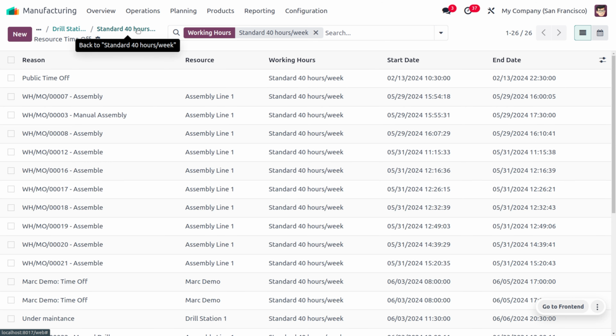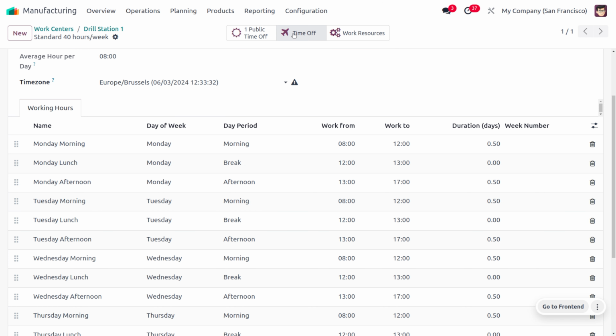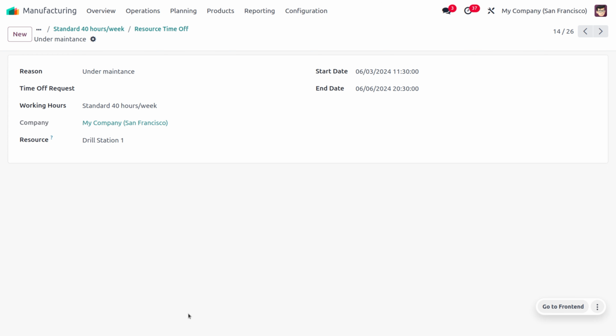Now, you can also find the public time off. So here you can see the public time off over here. So if you want to just create a new time off, let's click on time off and let's create a new time off. So here you can see that we have already created a time off that is under maintenance,